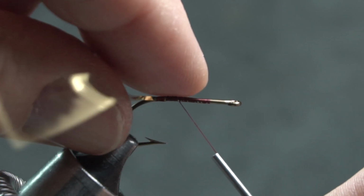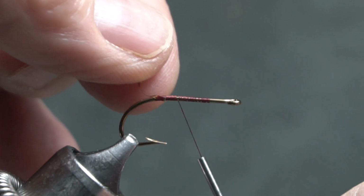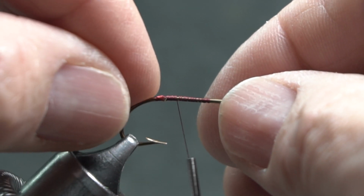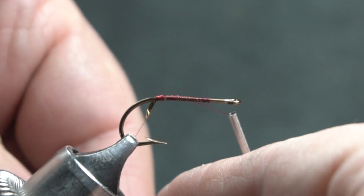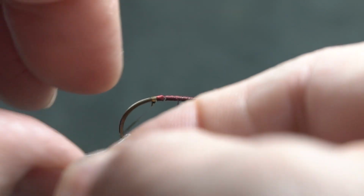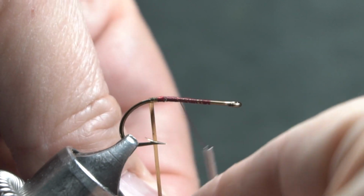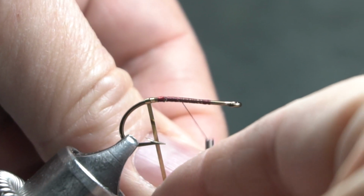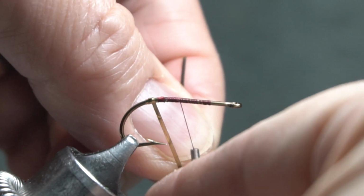Since it's gold on both sides, I don't have to worry about which side I'm tying in, but I do want to fold it and bend it over to wrap the tag, and I'll just take that down 3 wraps and back. And it's kind of fun to have friends who are also interested in helping me with my